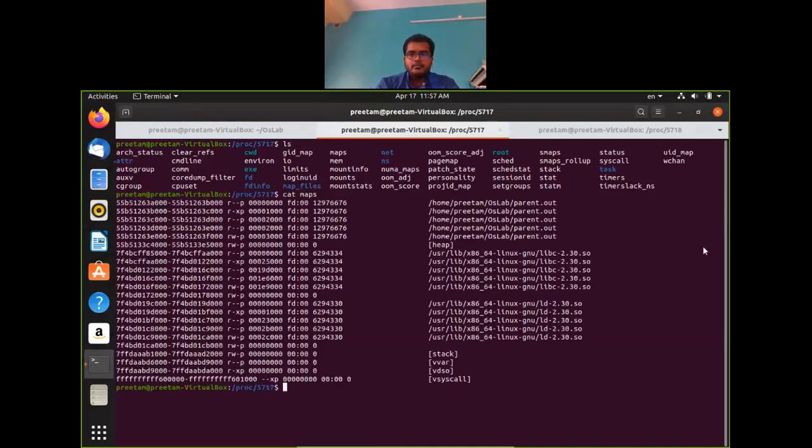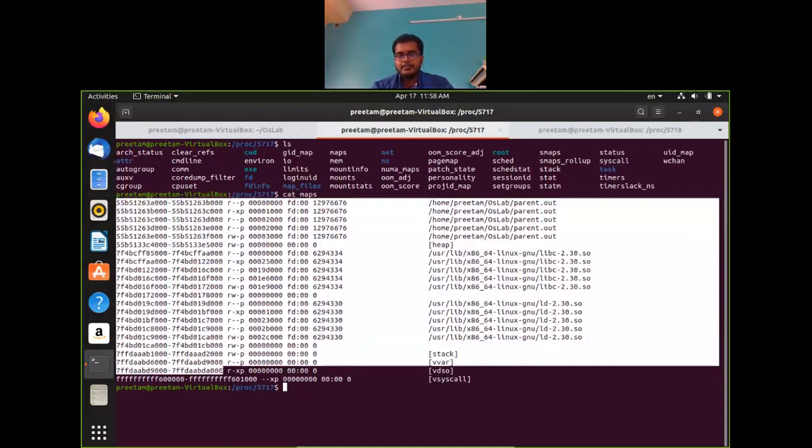So if you look at it now, what details is it showing? In the first thing, it is showing a range of memory addresses, and this range of memory addresses is nothing but the virtual memory addresses. As I told you, whenever a process is created, a virtual memory space or address space is created for that process. Whatever is done within that process is maintained within that virtual memory space. There are some security reasons as well for that.